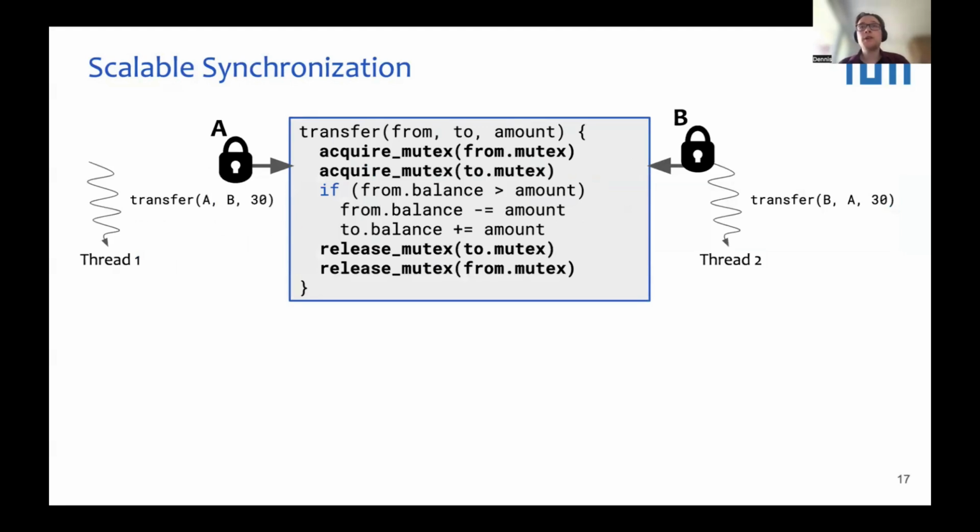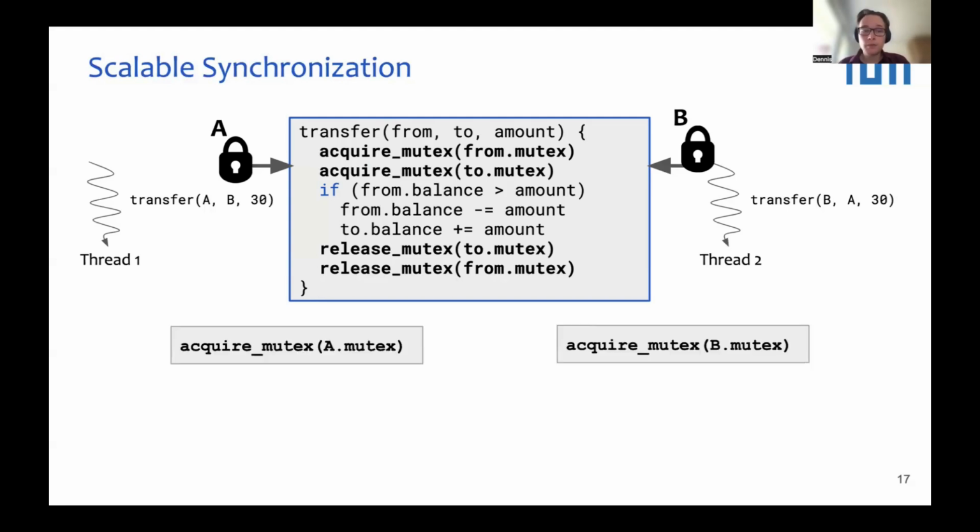In addition, this fine-grained locking can cause issues. So, for instance, if we have a function to transfer money from one bank account to another, this function, because it modifies both the bank accounts, needs to acquire the lock for both these accounts. However, if we transfer money from account A to B in one thread, and from account B to A in another thread, and this happens simultaneously,